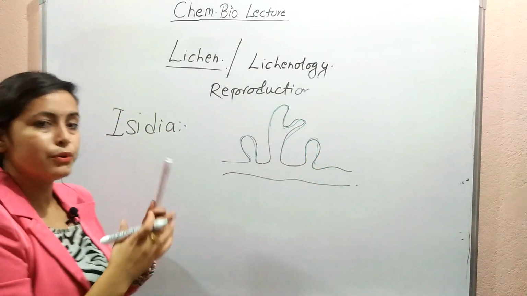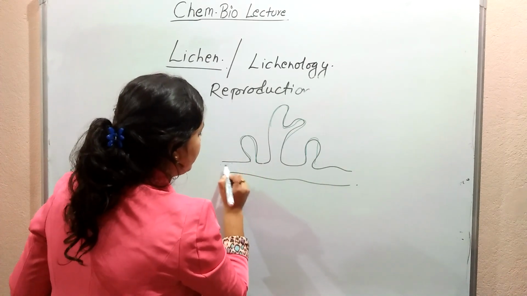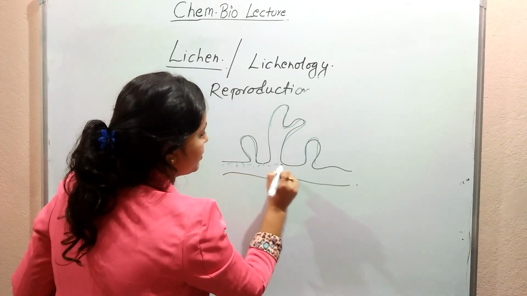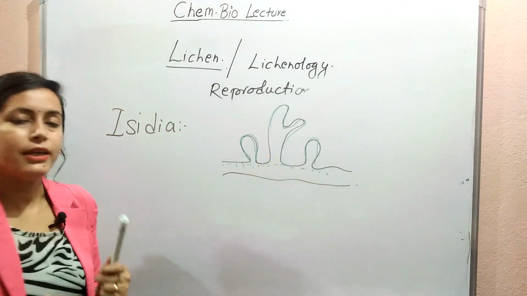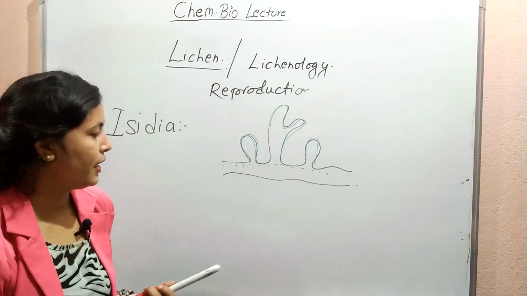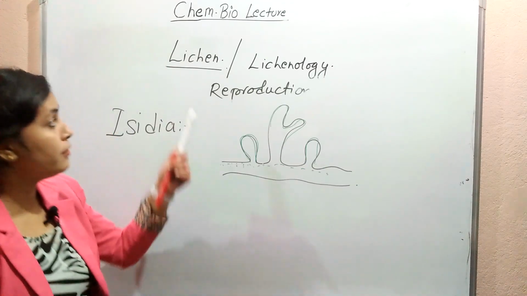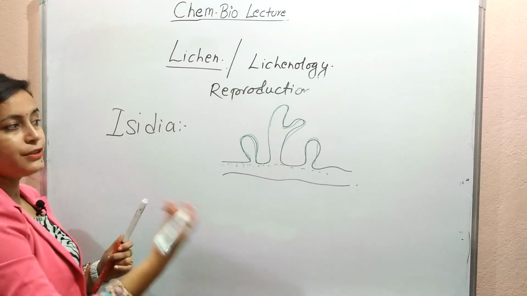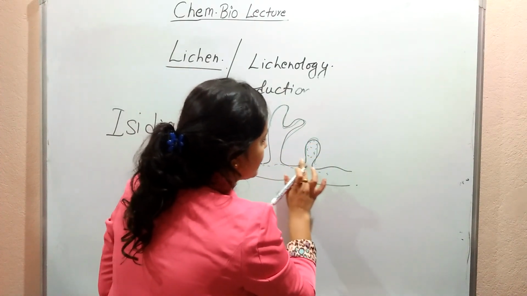Such growths are seen on the surface of a thallus, especially from the algal region. As they rise, they increase the surface area and the efficiency of the thallus to make food. Due to mechanical reasons, such as the wind, they get separated